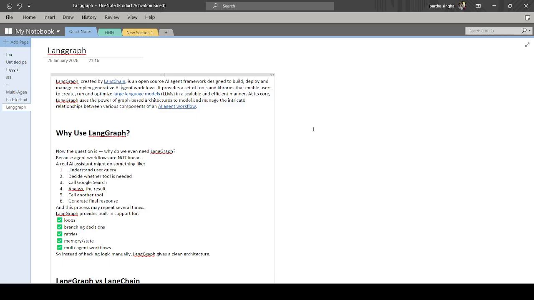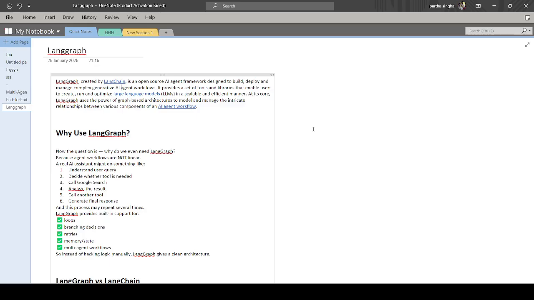First, let me tell you what LangGraph is. LangGraph is created by LangChain. I think you have learned LangChain. If you haven't learned LangChain, or don't know what LangChain is, then first you have to understand LangChain, okay? Because LangGraph comes from the LangChain community. Mainly, some of the cases depend on LangChain, okay? So